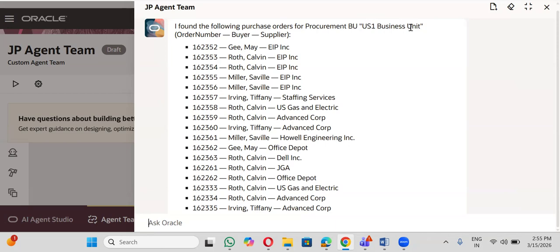It is very simple. If you have any doubts on how to configure it, you have to add some roles here, custom roles, and only then will it work. If you have any doubts on how to create agents, agent teams, and everything,